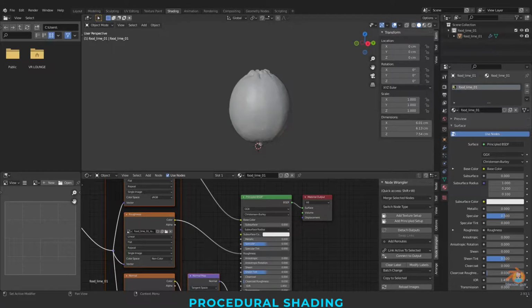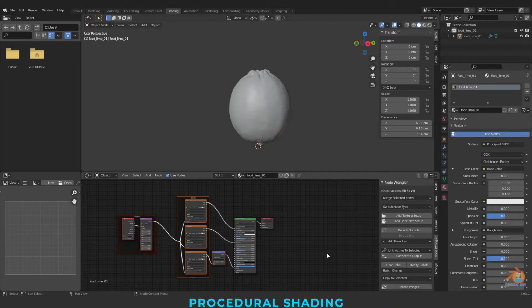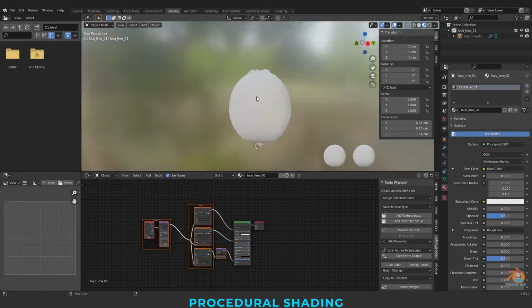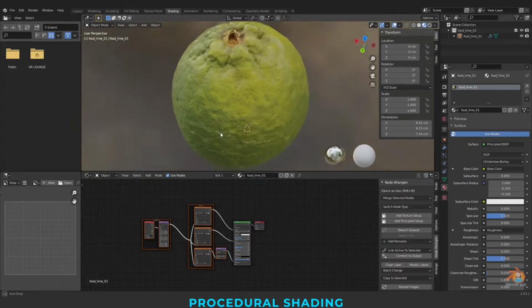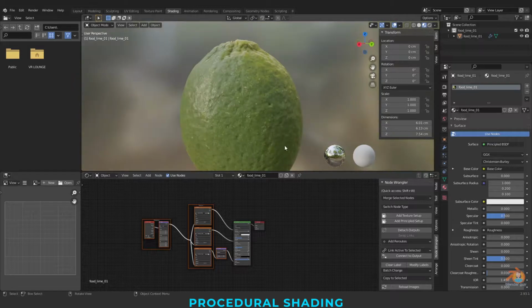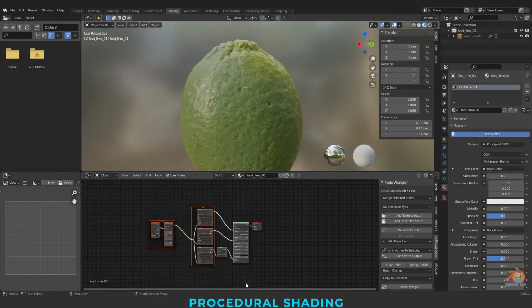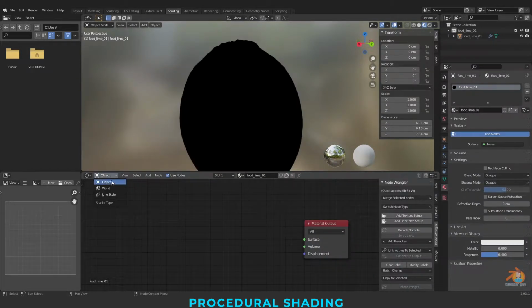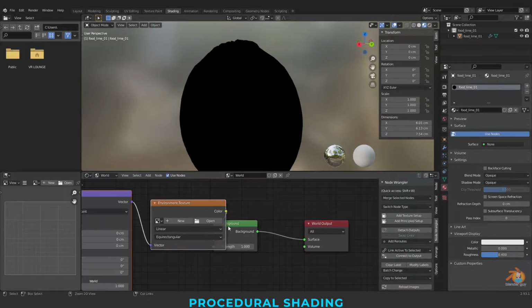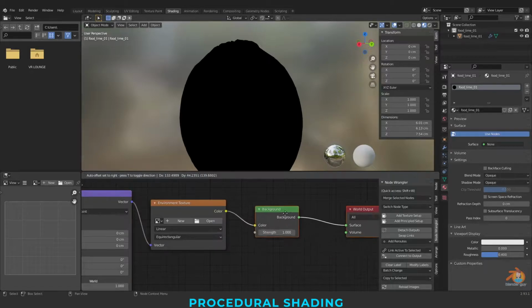I'm using 2.93 as of now. So let's check what we actually got by default. We are going to recreate this texture. So I'm deleting everything, and also I'm going to my world. There is nothing here, so I'm just taking an HDRI.